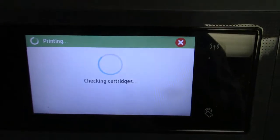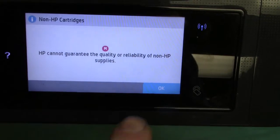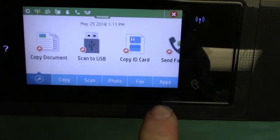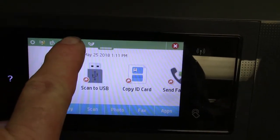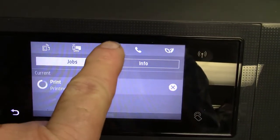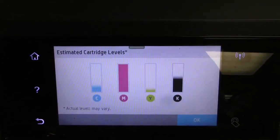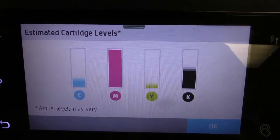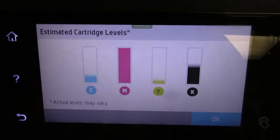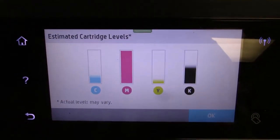It's going to go to check cartridge. Not guaranteed. It'll go into... I can hear it charging, and there it is, the magenta set back up again. That's some of the stuff you just have to go through when that happens. Some will say depleted, some will just make you go in a circle till you remove the cartridge and put it back in. But I've been printing